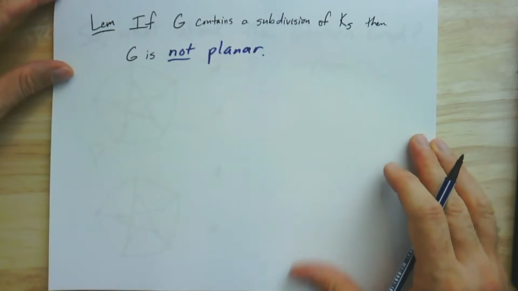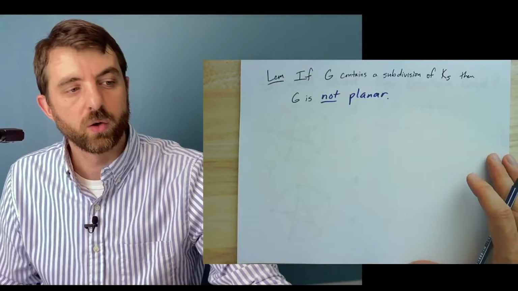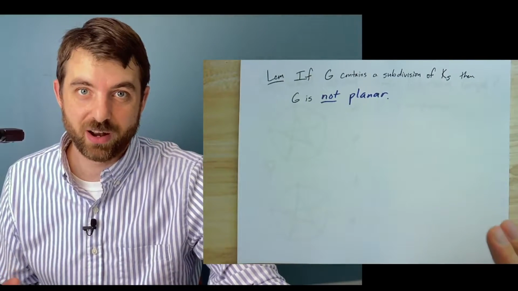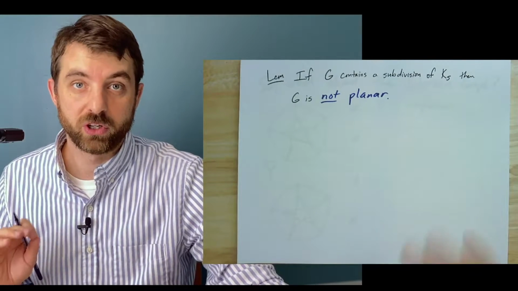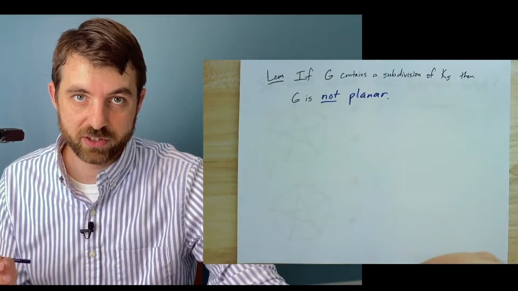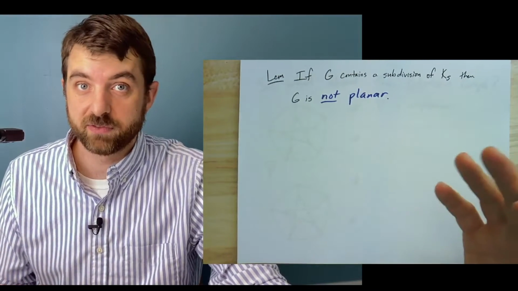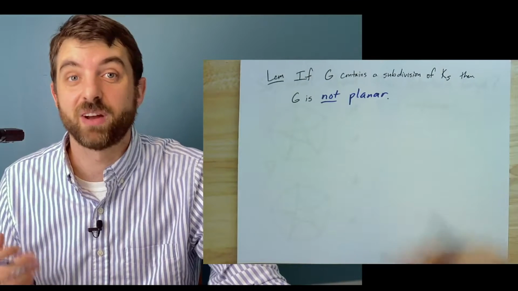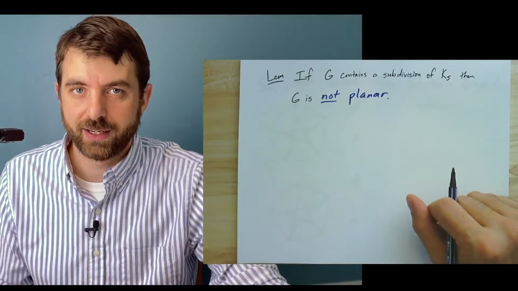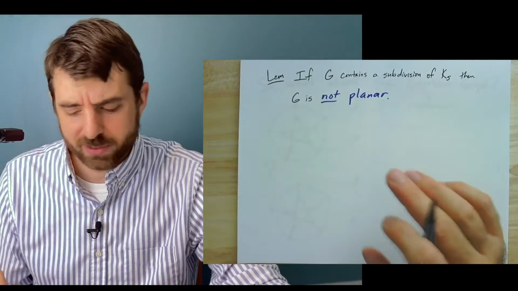And take notice of what we've just done here. We had an example of a specific graph that was not planar, and we're going to use it now as leverage to prove other graphs are not planar. In this case, it's just if it has a subdivision of that non-planar graph, then that graph is also not planar. And I could just prove this lemma,